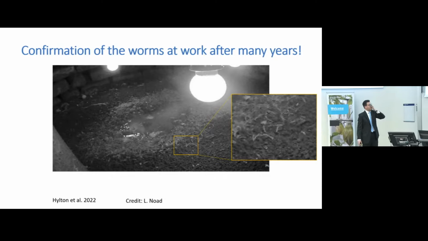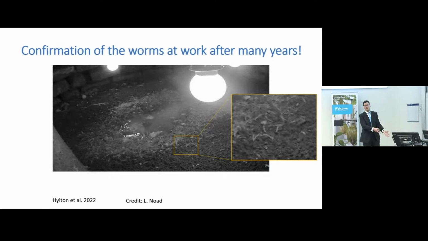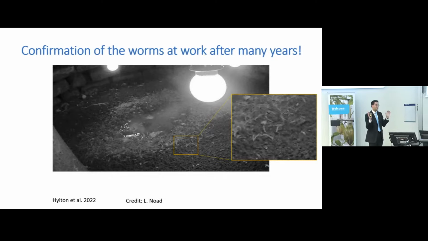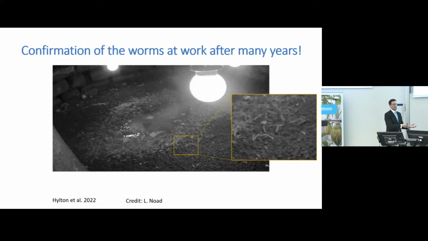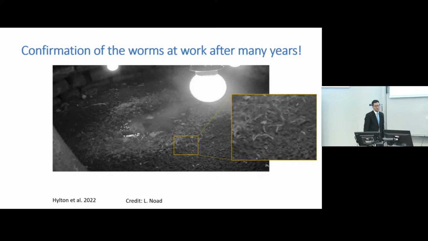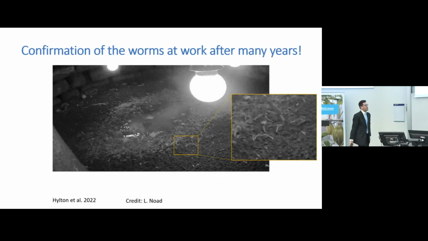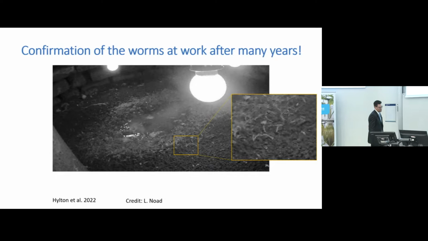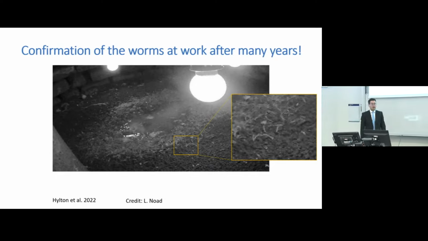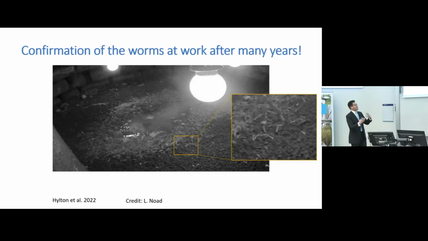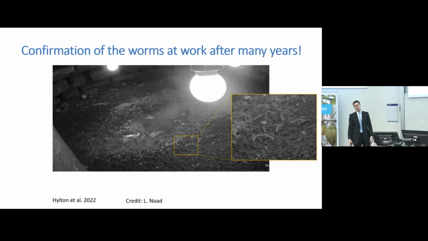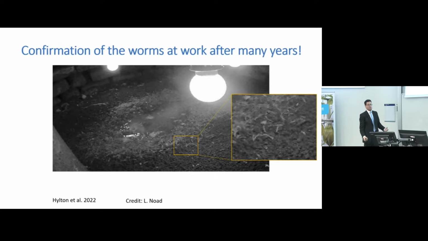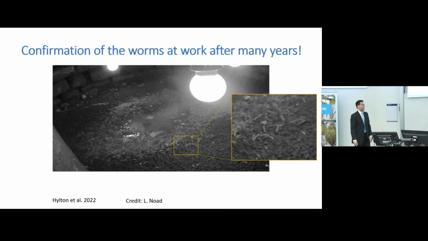And these are toilets that were seeded with worms about 6 or 7 years ago. The families had been using them. We went back, we took the lid off, and we just wanted to make sure the worm population was still robust and still doing what we thought it was doing without any reseeding of the worms. And I won't play the video. It might take away your appetite for dinner later on. But he basically proved that these worm communities were still very robust, and that, because we had a time scale on these videos, we could tell that they were degrading the waste much quicker than I would have thought.